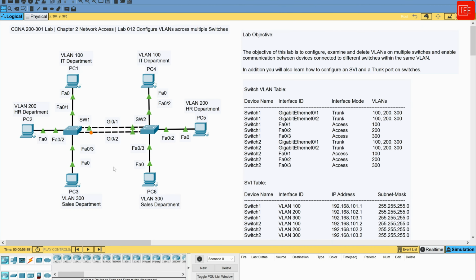In today's lab, we are going to dive into the intricacies of configuring and verifying VLANs across multiple switches. VLANs, or virtual local area networks, are an essential component of network segmentation to enable efficient traffic management and security across the network. By extending VLANs across multiple switches, we can create logical networks that span physical boundaries, facilitating better